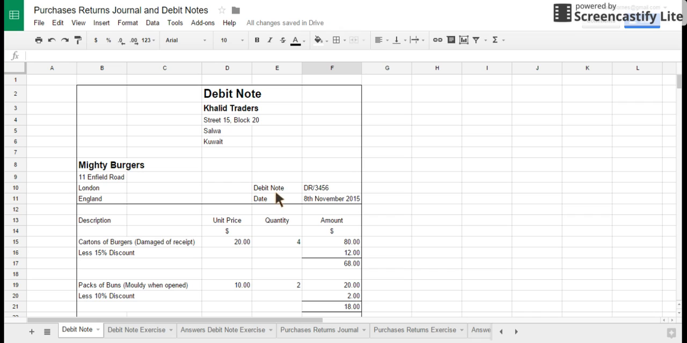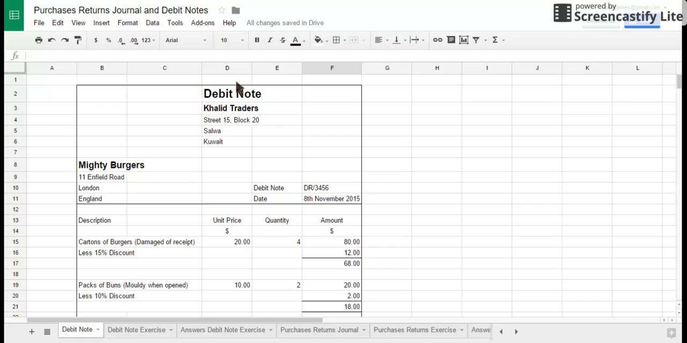What we're going to be looking at today is the Purchase Returns Journal, and we're also going to look at one of the source documents, as we're doing in this little series of podcasts. The document we're looking at today is a debit note, and technically it's not actually a source document. The source document for this transaction would actually be the credit note that we'll look at